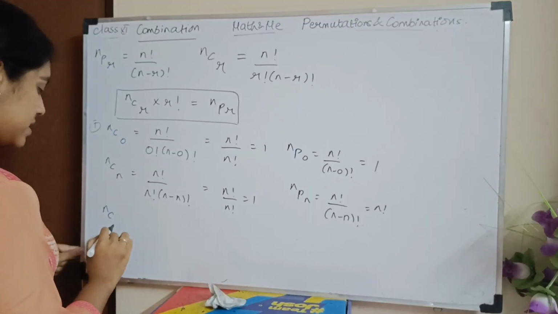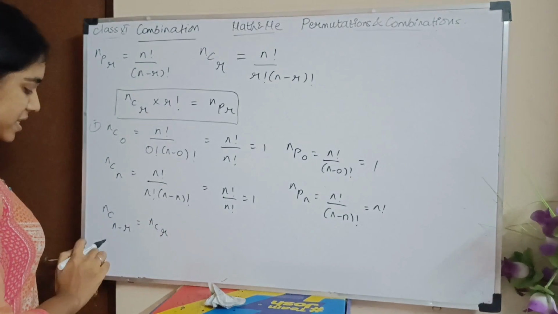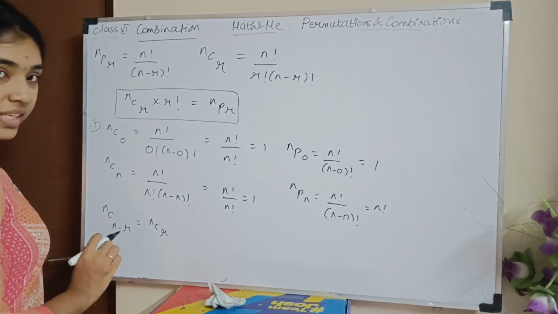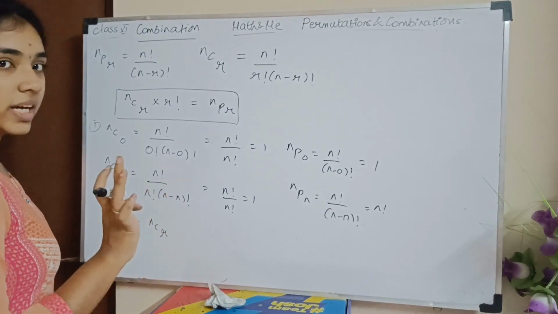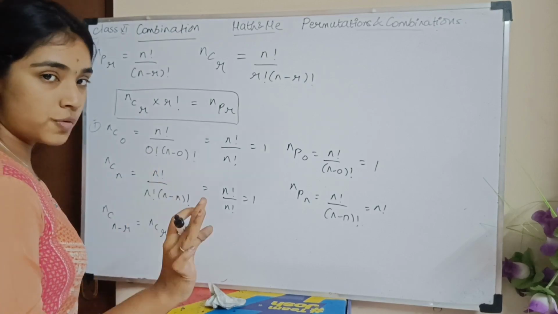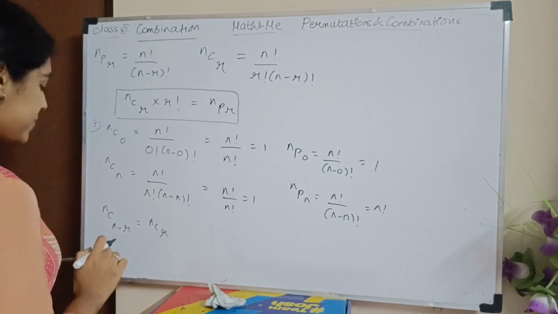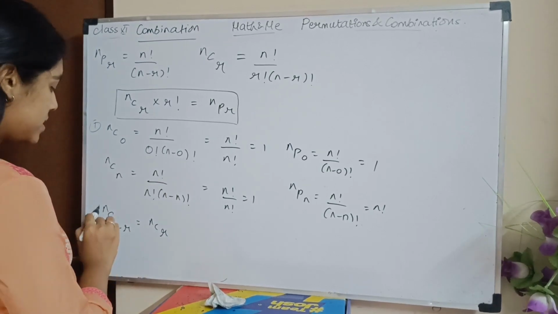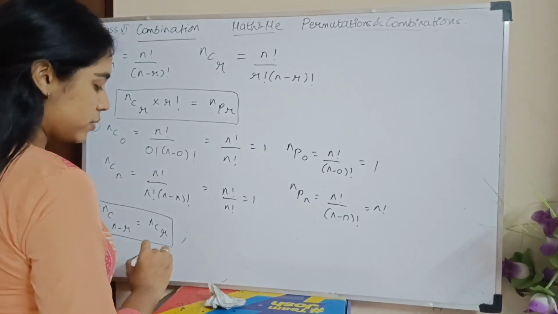Okay, nC(n minus r) equals nCr. So basically the combination of n minus r and the combination of r are equal. I am not going to get into the proofs. Please remember all this. The proofs are given in your NCERT textbook. So remember nC(n minus r) equals nCr. Okay, you have one more relation which is